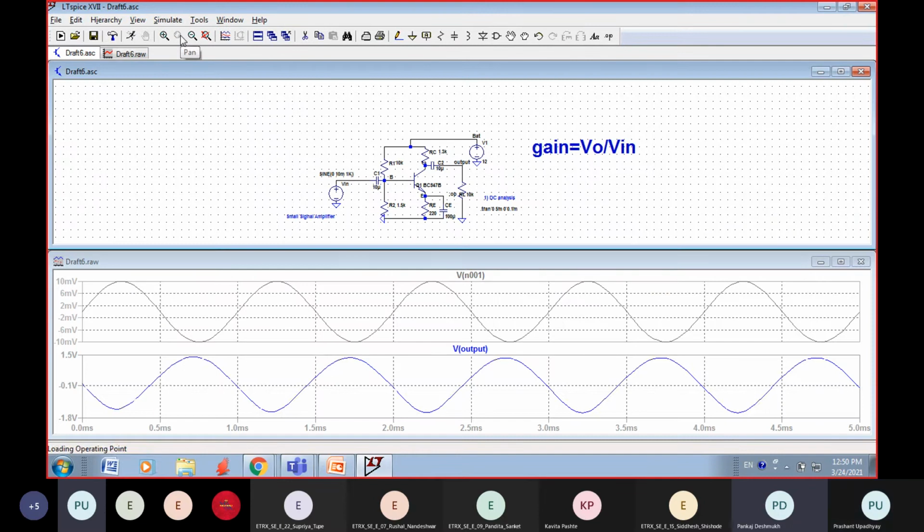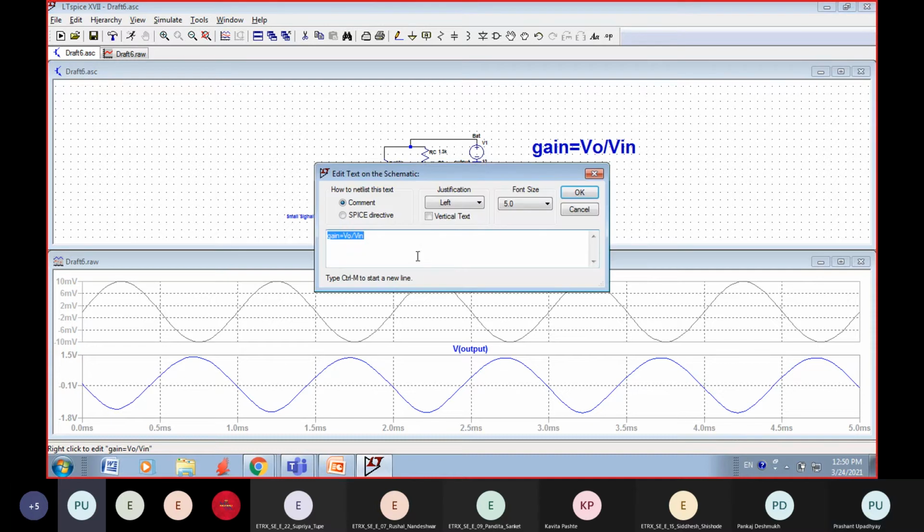I will again remove this. Can you see the gain? 1.5 volt is the output side. So can you tell me how much is the gain now? 1.5 divided by 10 milli.